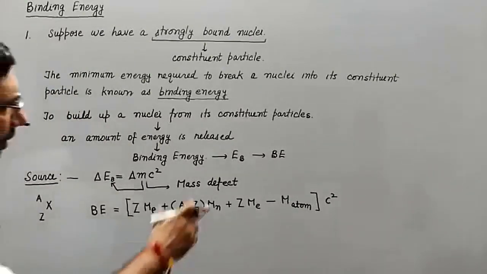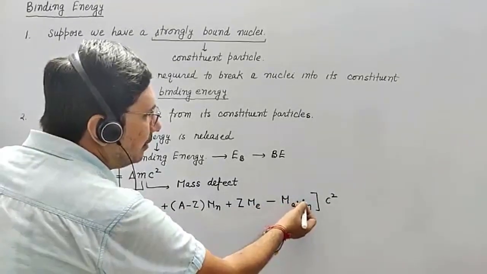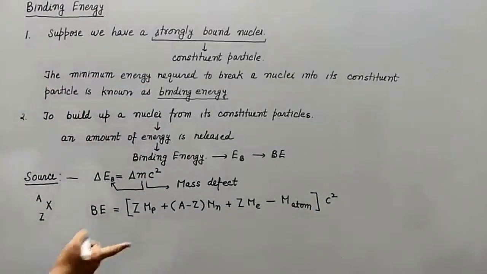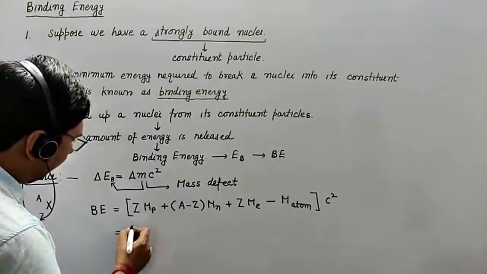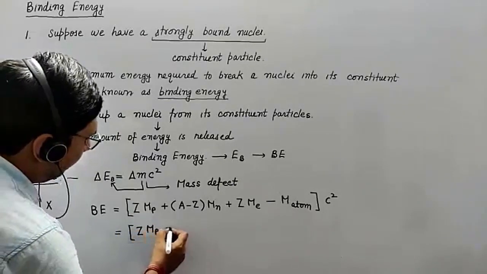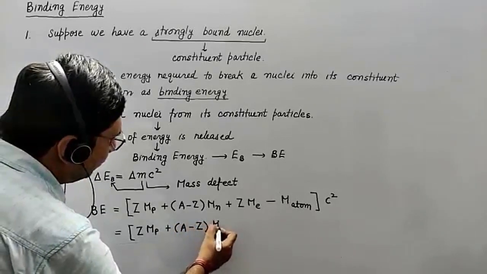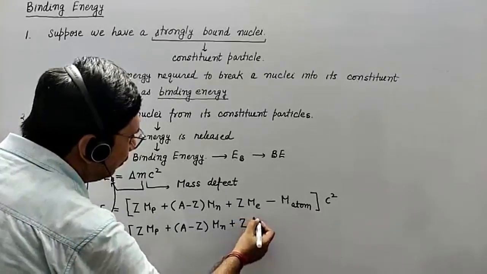So here, this is the mass of the atom, and for this atom, Z is the atomic number and A is the mass number. Now I want to convert this formula in terms of the mass of the nuclei. Suppose in a numerical they are providing you the mass of the nuclei, then how will you write this formula? That is simple. This will be Z times mass of proton plus A minus Z mass of neutron plus Z times mass of electron,